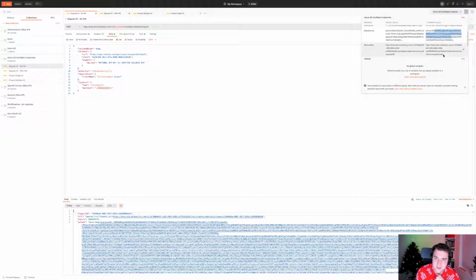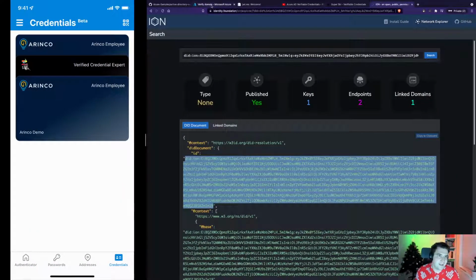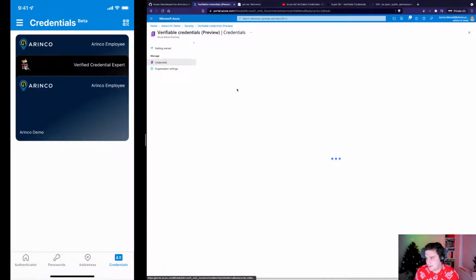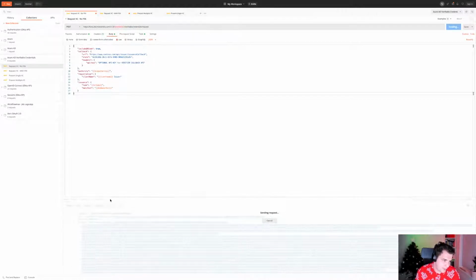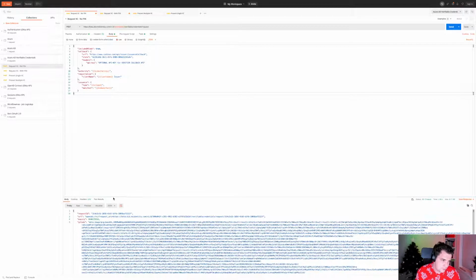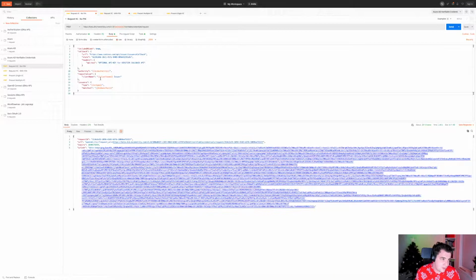The manifest is actually a direct link to a credential that I've configured inside of the Azure AD portal. And then the VC type is actually just a summary name. So I have that credential already set up in this portal. When I call the request API for the first time, I get a response back that looks something like this. Now, if I said don't include the QR code, I wouldn't get this base64 encoded image, but I have requested it, so I get this data.